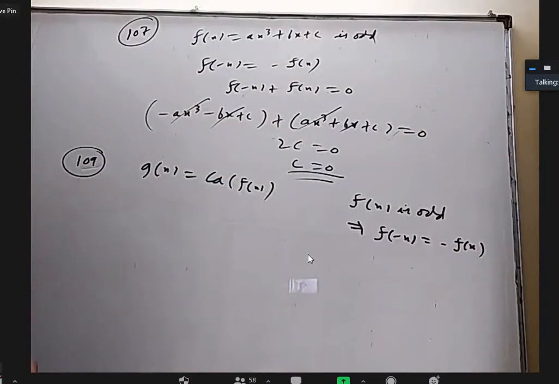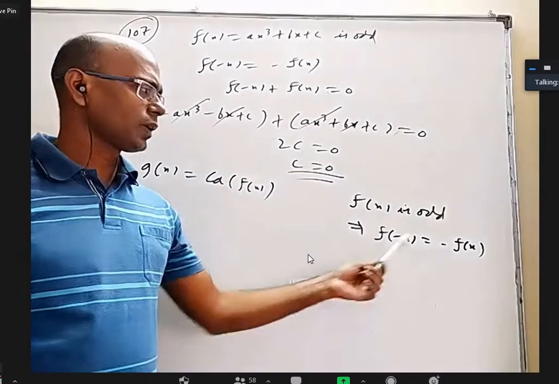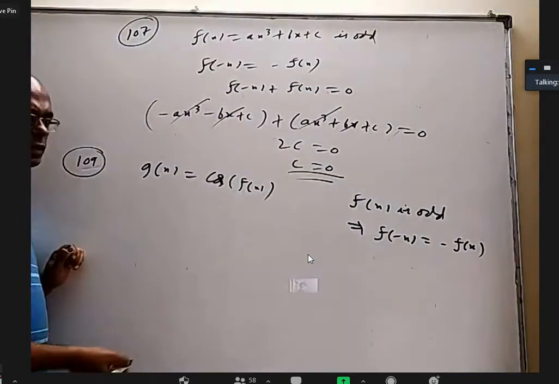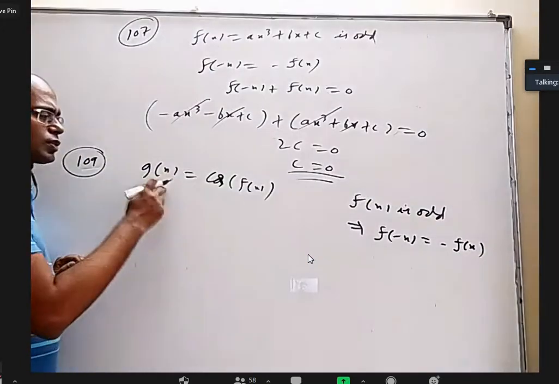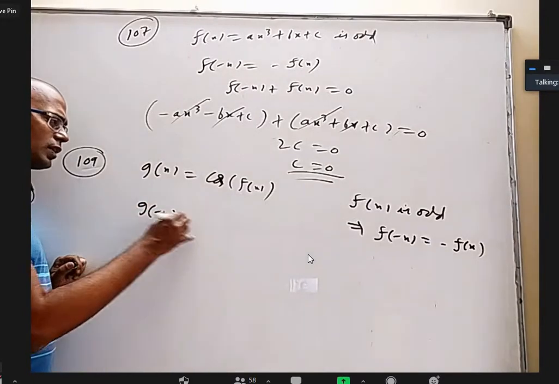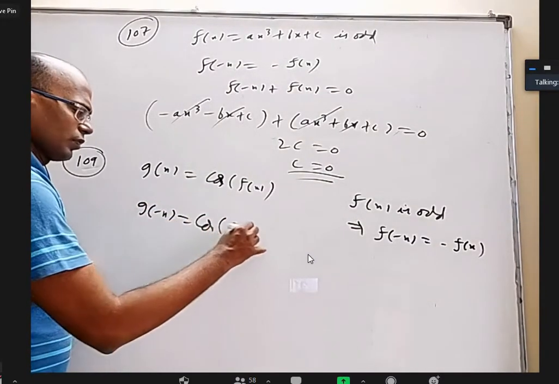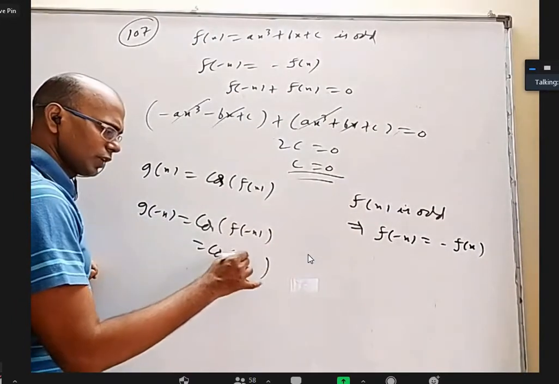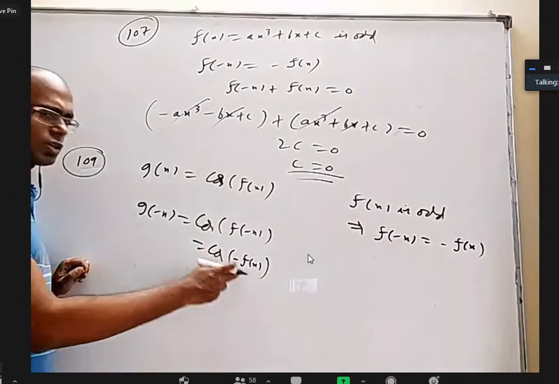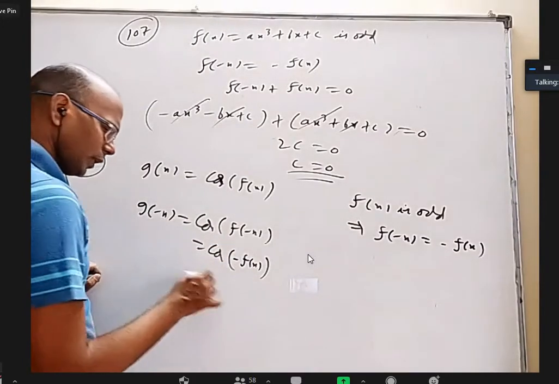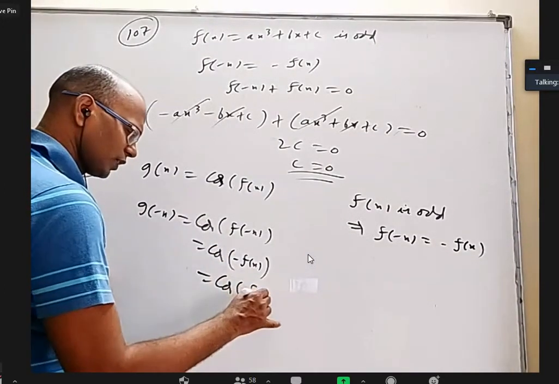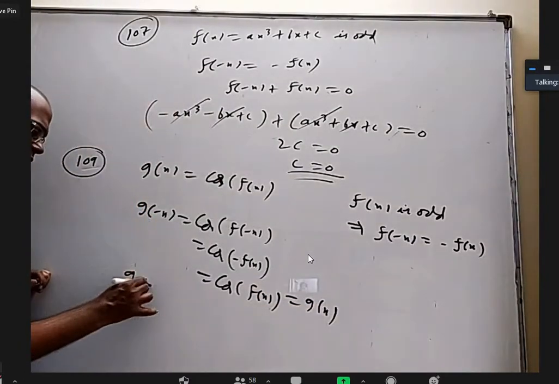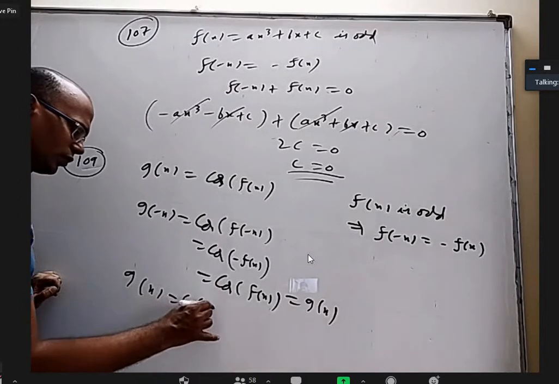In 109 they said f of x is odd, so f of minus x is minus f of x. If I take cos of an odd function, what will happen? They're asking. So cos f of x I'm calling g of x. Let us try to find g of minus x. That is cos of f of minus x. Because f is odd, f of minus x I should write as minus f of x. But I know cos of minus theta is the same as cos theta. So this will be cos f of x itself, which is back to g of x. So g of x, that is cos f of x, is even.